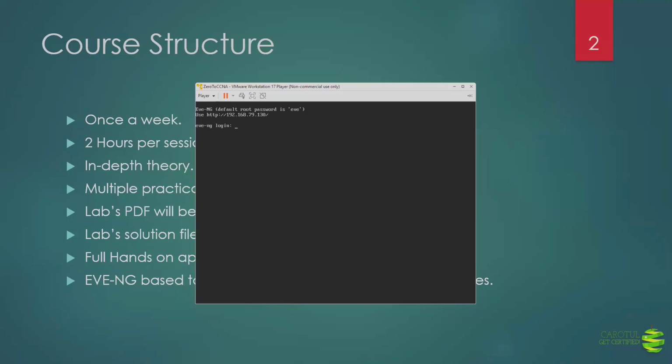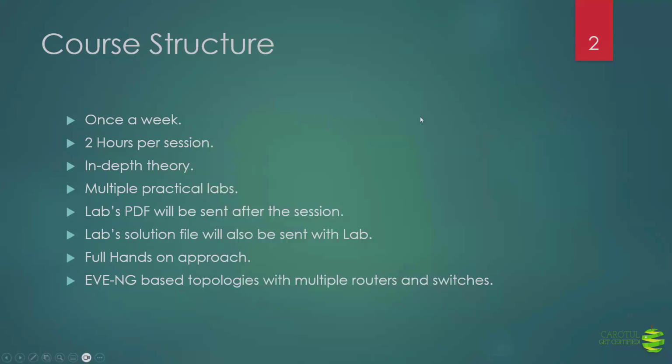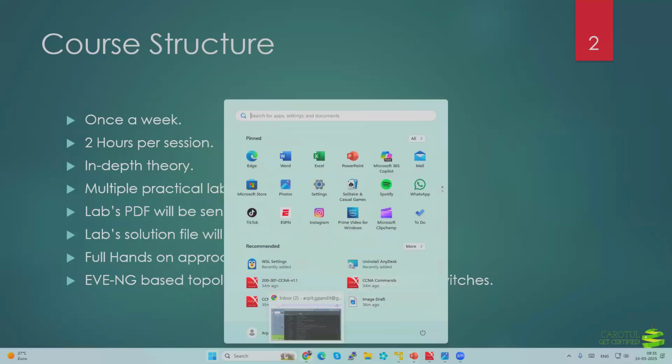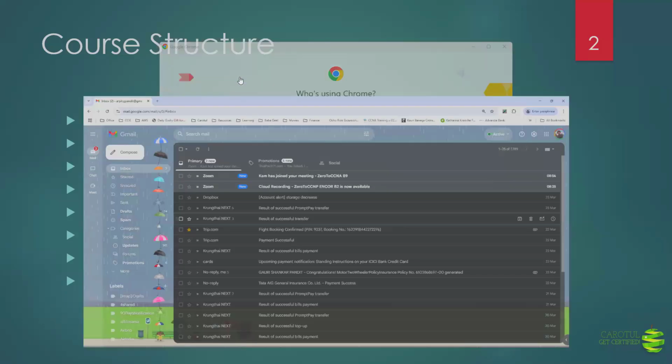And when it comes to this screen where it is asking you to log in, just note down the IP address here. You see there is an IP address here in this second line. Use HTTP 192.168.79.130. Now, in your case, this IP could be a different IP address, but you will see some IP here that you need to open into a browser. So you don't need to log in here. You just note down this IP, you minimize it, and you just open this IP address into a browser. So you can open the browser here,